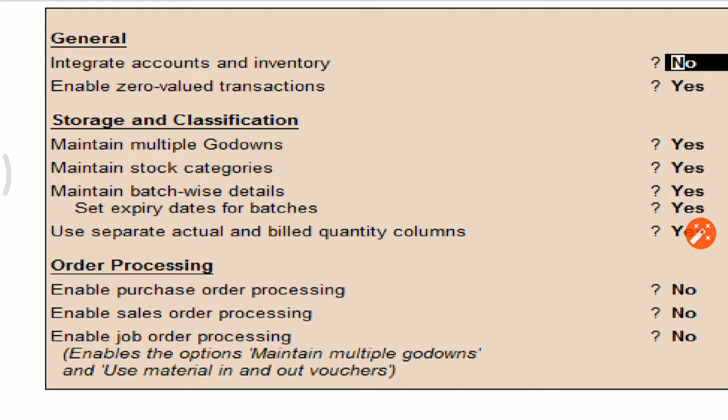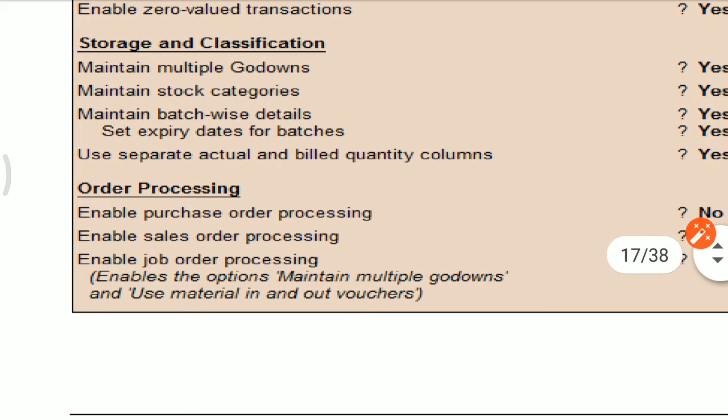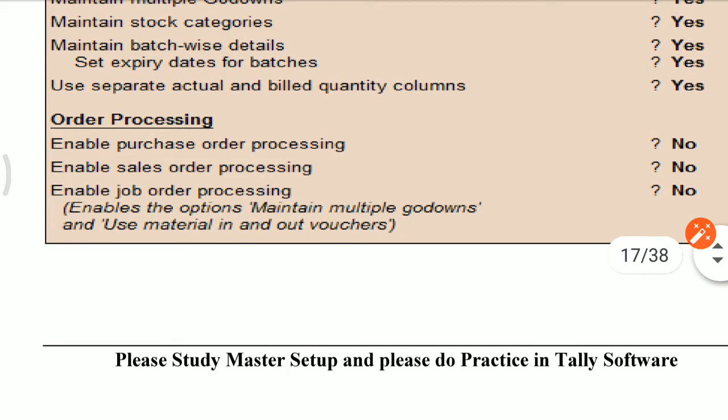If you require, then press yes. Not required, then press no. Next one is order processing. Whether you want to purchase order or sales order, friends, this is only for information purpose. Purchase order and sales order options are activated in Tally, but purchase order and sales order data will not reflect in accounts. This is only for information purpose, how much purchase order or how much sales order you have raised on debtors or creditors.